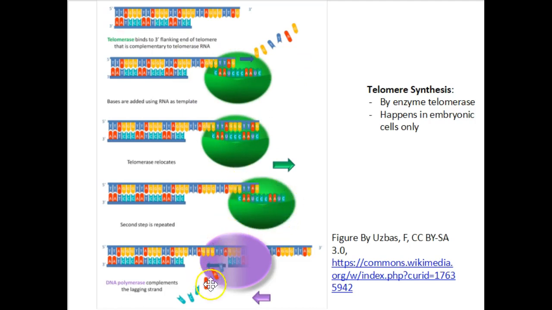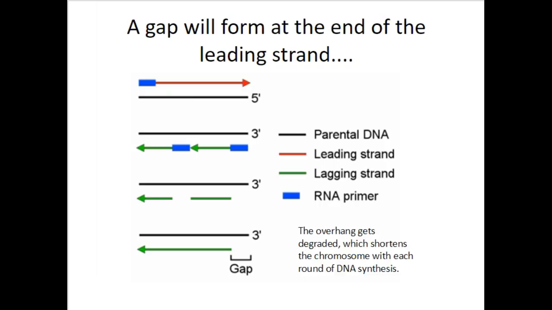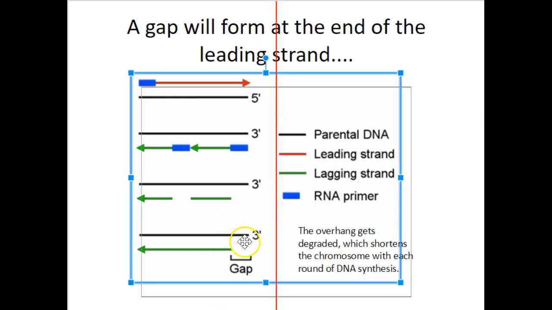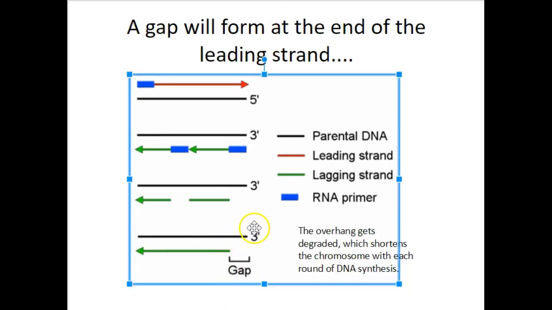And the enzyme telomerase, by the way, we could get into a lot more biochemistry on it. It actually has an RNA template built right into it. It's right here. So it's a lot like a ribosome in that telomerase is a combination of protein subunits and an RNA molecule. So here's the RNA molecule, and it will actually base pair to the end of the overhang. This overhang right here,